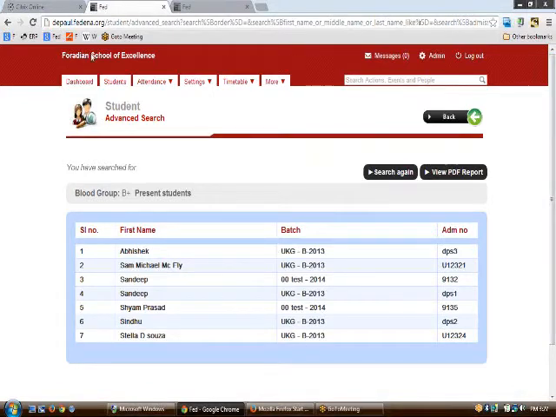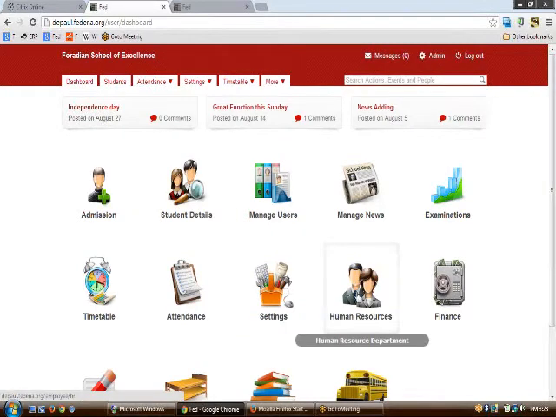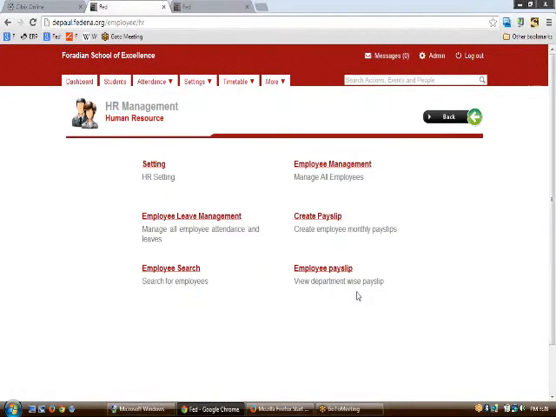Now we are moving on to the HR part. From HR, again, to go to the HR part, you need to go to the dashboard, click upon the particular icon called Human Resources, and on clicking upon this, you will get a home page which would look something like this.